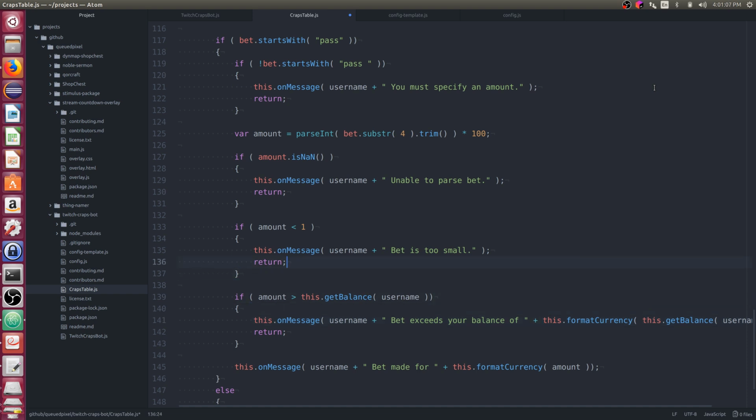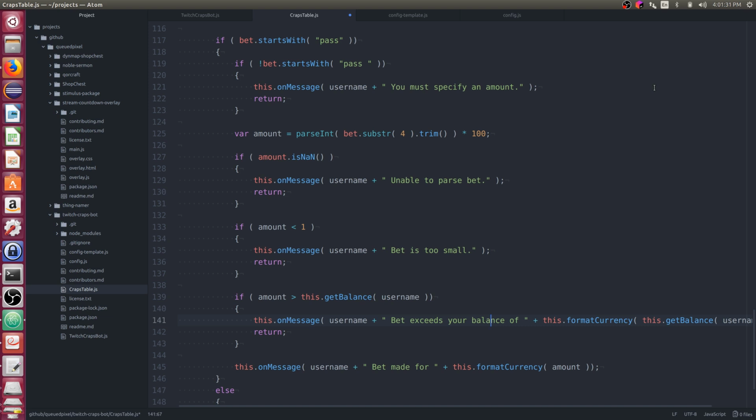The reason why I'm not too worried about it here is because people will see the amount that they typed in, and so we don't need to repeat that back. And I guess that works for here as well. Unable to parse bet. Bet is too small. But here, they may not know their balance. So if we don't tell them their balance, their next question is what is my balance?